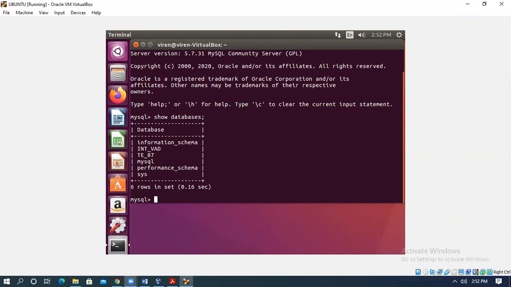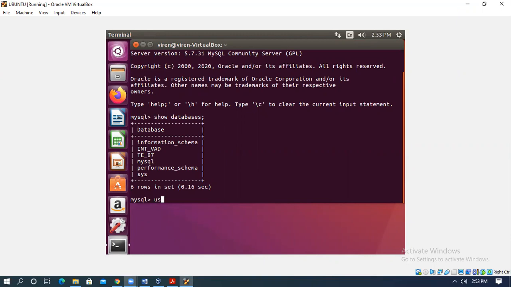Now I want to open my database and store a table, or a relation, in it. I want to create a relation, create a table. I can see int_vad, this is my database, and one more database I have created, that is TE87. First you need to use this database so that you can create or see whatever records you have in it.